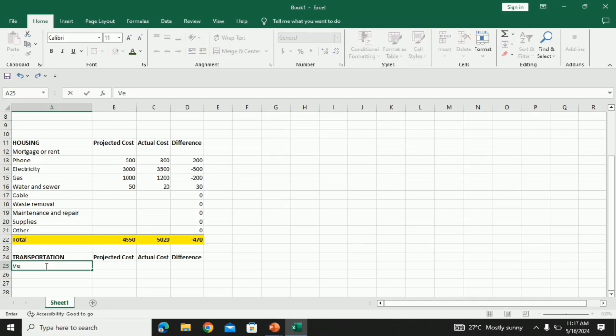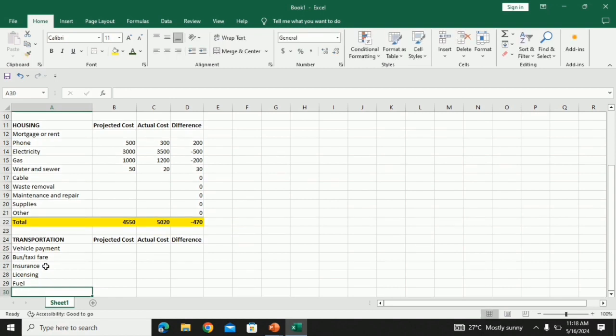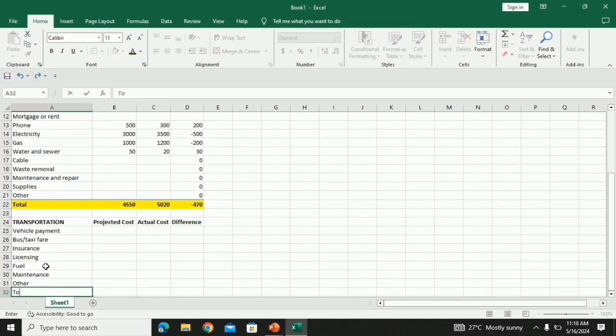Under the transportation: vehicle payment, bus or taxi fare, insurance, licensing, fuel, maintenance, other, and the total.